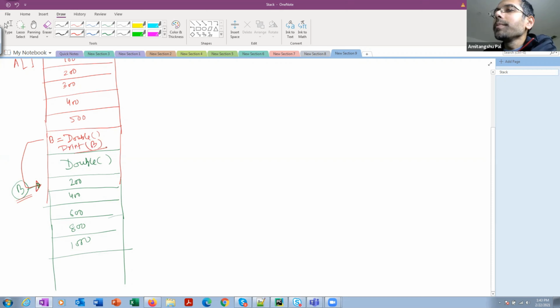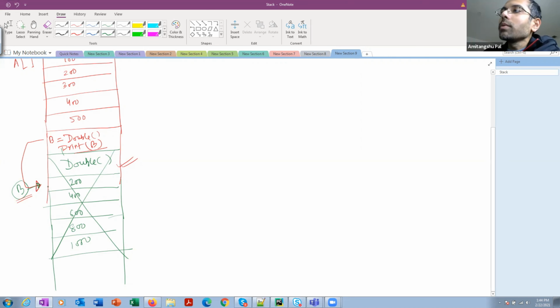So if you print B, what's happening is that whenever you came out of this double function, this memory is deallocated. Now you are printing B, which has already been deallocated. Right? Because this B was an auto variable.